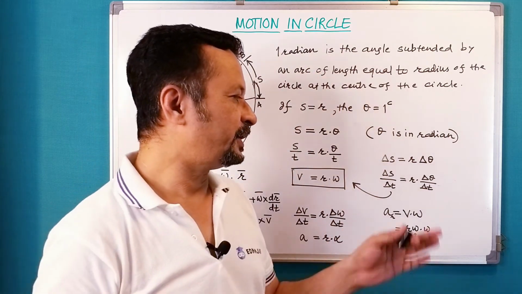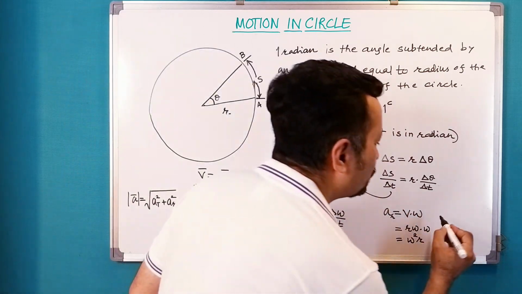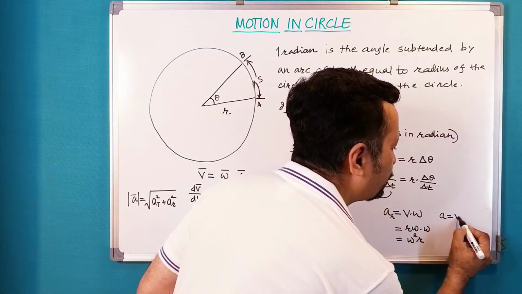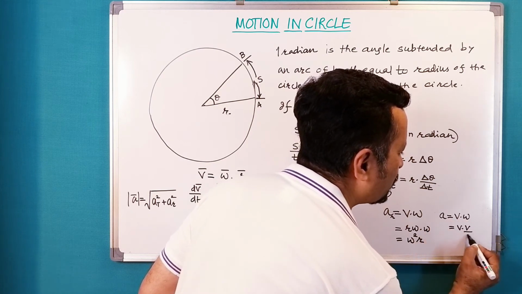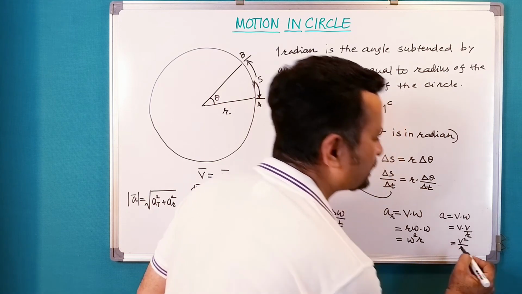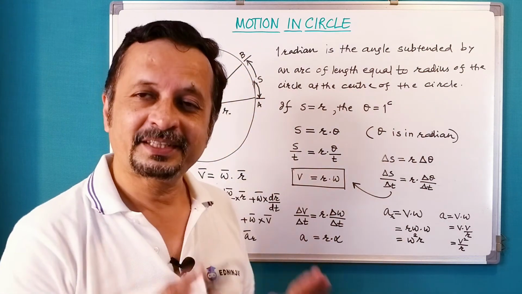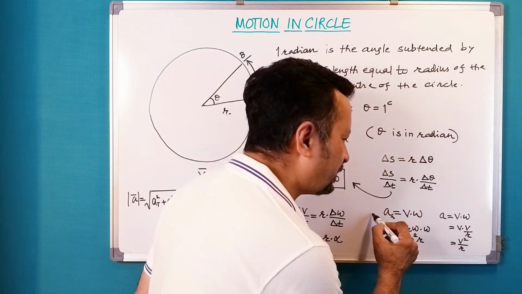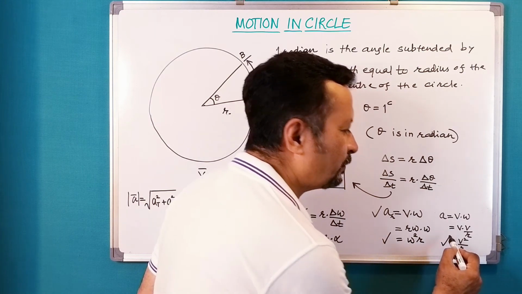Now instead of putting V is equal to R omega, if I put omega is equal to V upon R, so A would be equal to V omega, that is equal to V into V upon R, so that would be equal to V square upon R. Correct. So the magnitude of centripetal acceleration would be given by V omega or omega square R or V square